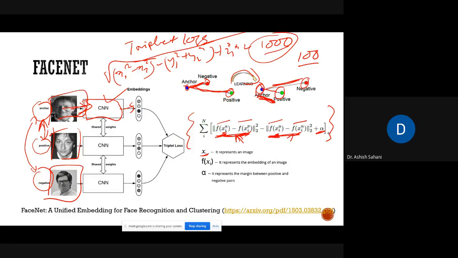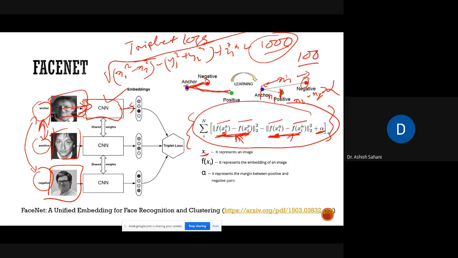So what I'm saying is, after training, suppose this distance is x1 and this distance is x2. We want x2 minus x1 to always be greater than alpha. To do that, we try to minimize this function to be as close to zero as possible.